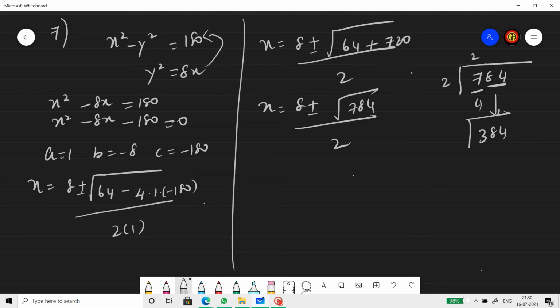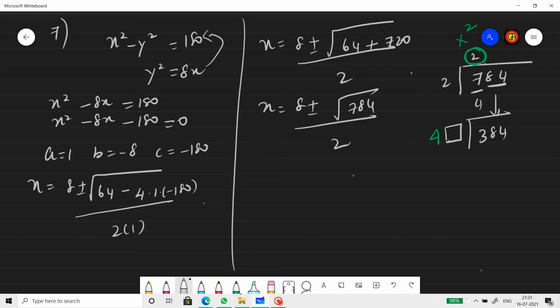Bring the next two digits down: 84. Whatever number you get here as a quotient, always multiply that by 2. We are multiplying by 2 not because we got 2 here, but irrespective of the number. Even if I get 5 here, I'll multiply by 2 only. So 2 into 2, 4. I'll put that 4 over here and then draw a box.